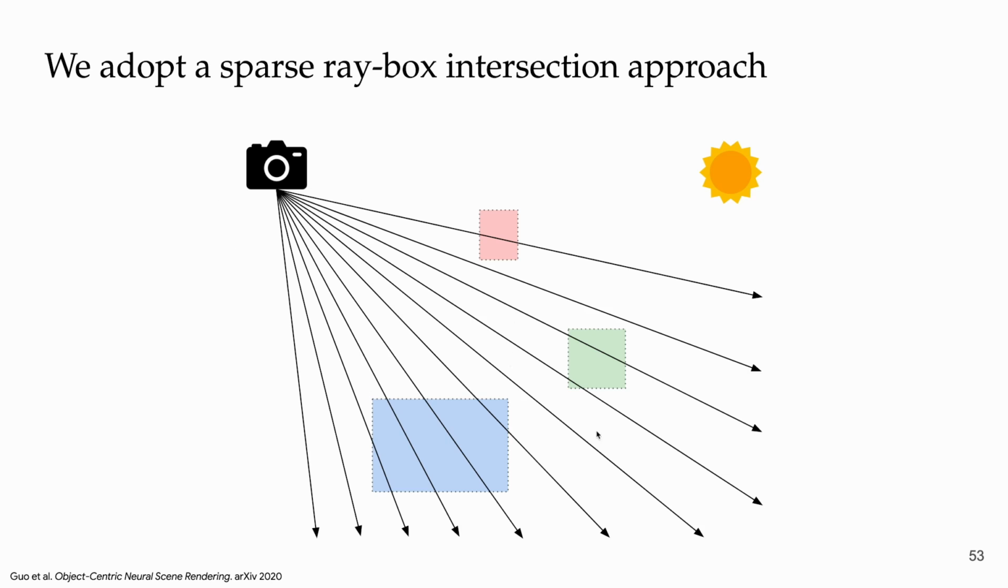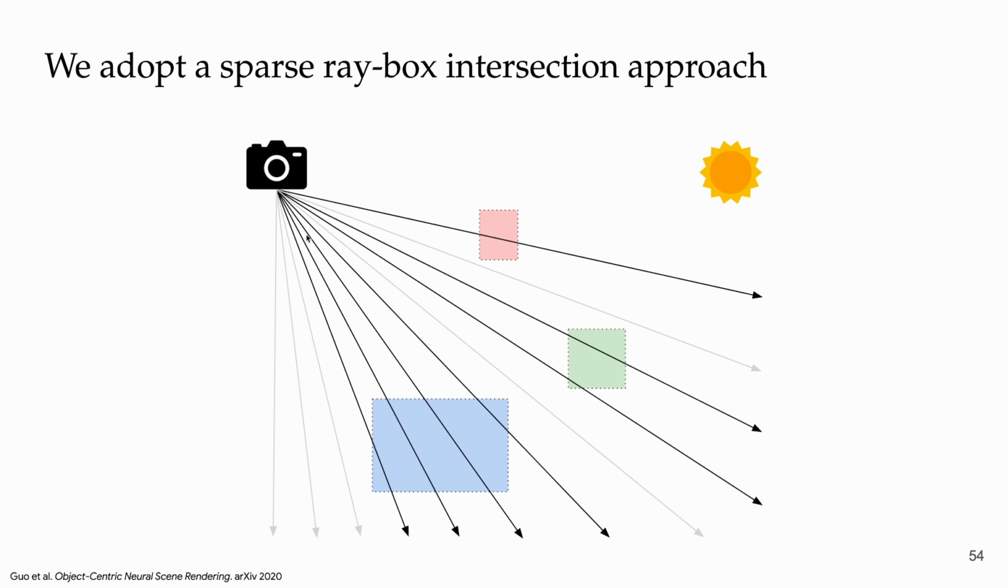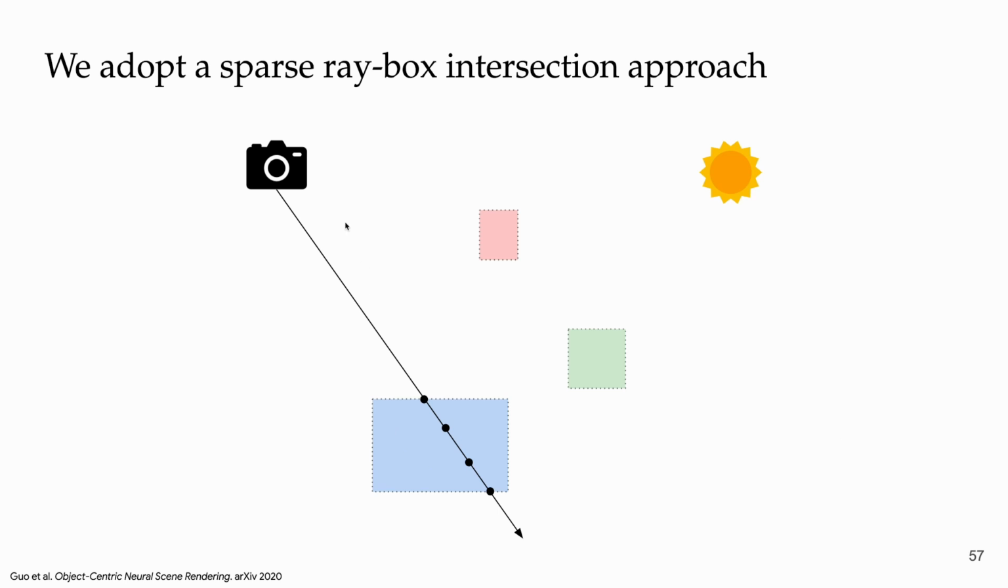We can render the scene by sending primary rays into the scene, but if the primary rays do not intersect with our objects, then we actually can just ignore them. And for the rays that do intersect, all we have to do is sample between the intersection points as our near and far bounds. And for secondary rays, what we could do is, given, let's say this single ray, for